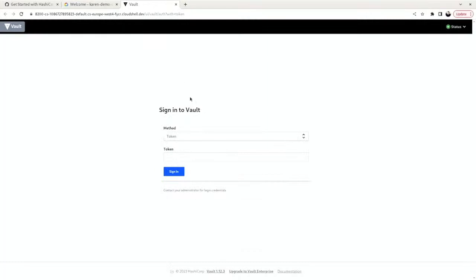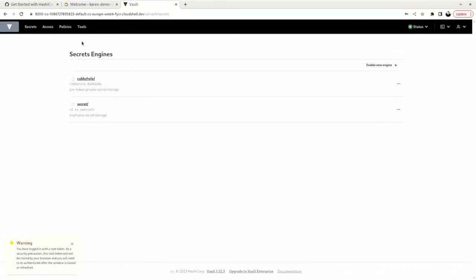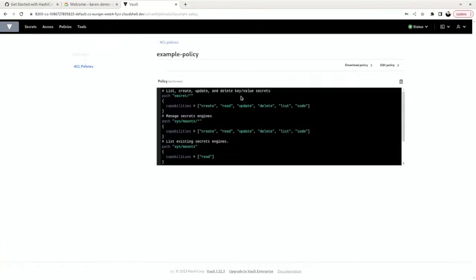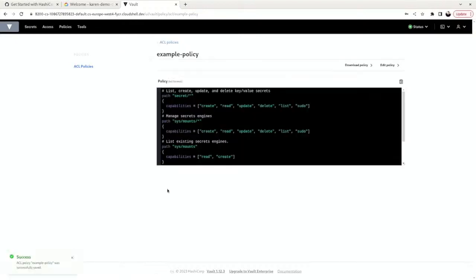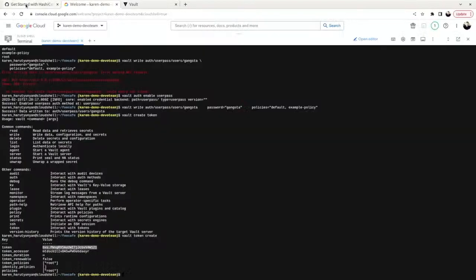And what I'm going to do is just paste it here. So I have access to it. Good. So this is my Vault. And I can see there is the example policy, the same one we have created. And the good thing is, if I'm not satisfied with these policies, I can just edit it in the browser. So add something. Let's add create. Because I don't care about what you do in the CLI, I just update it. So browsers, this is browsers for the win. Good. Okay, so let's move on.